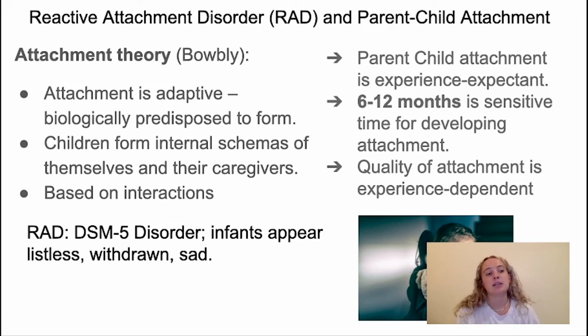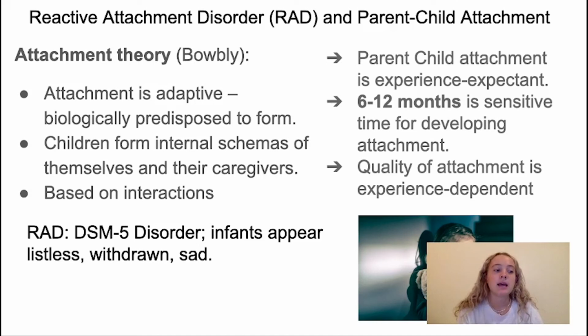For instance, there's attachment security, and in this model, the children expect their caregivers will provide care, comfort, and support when they're scared. And then there's attachment insecurity, and these children expect their caregivers will be dismissive and inappropriate in care. And then there's disorganized attachment, and in this one, there's no coherent set of expectations in distress. Could be sometimes helpful, sometimes not, and this depends on the child's previously formed interactions with the caregivers they've had